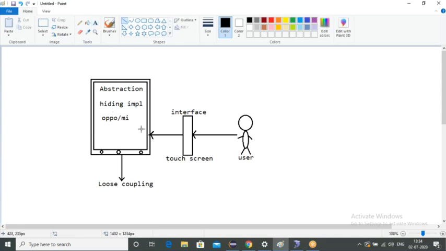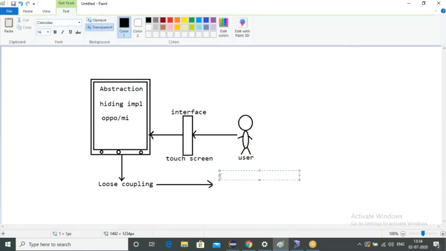What do you mean by loose coupling? Loose coupling means what, guys? Anyone? The service provider program and user program are connected in such a way that if any modification or enhancement is done in the service provider program, it will not affect the user program. Super.